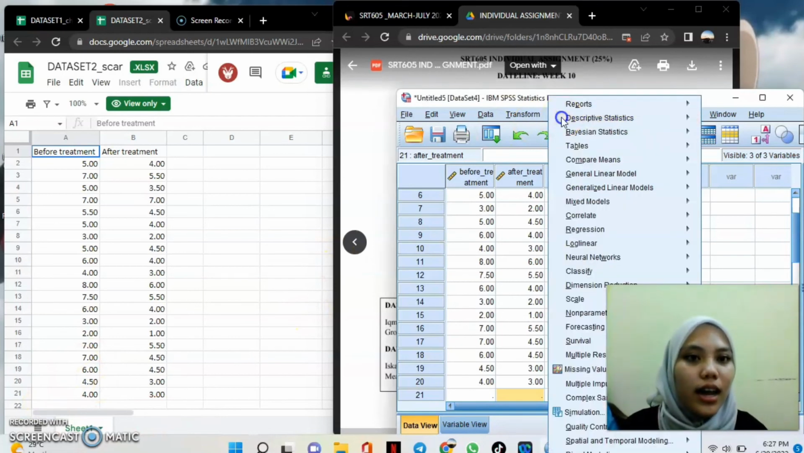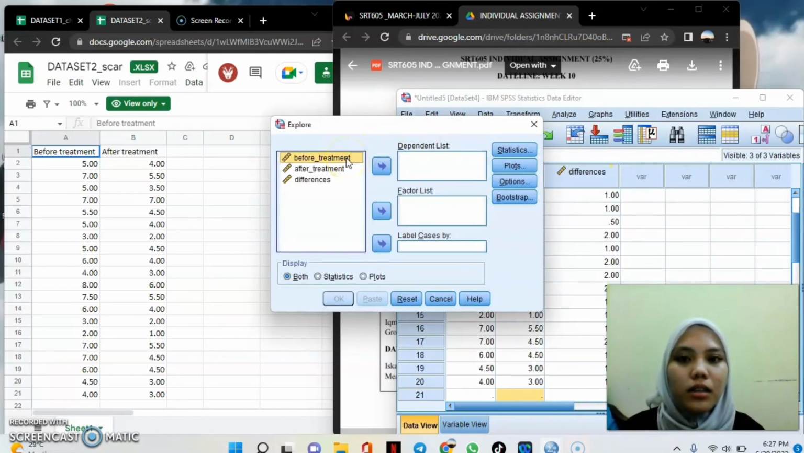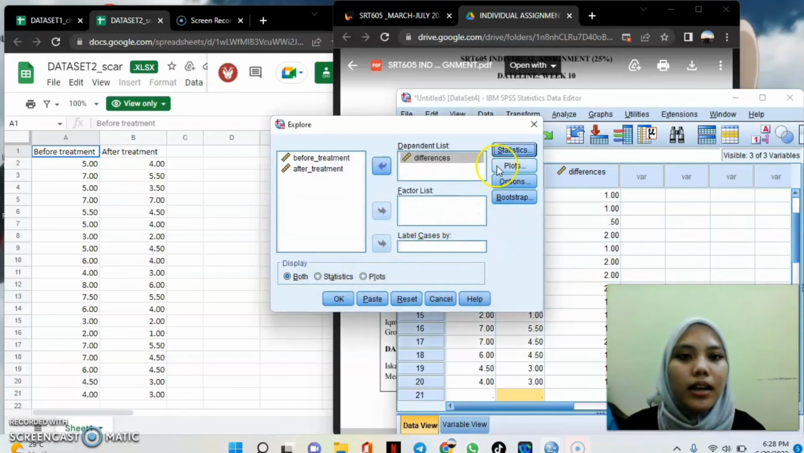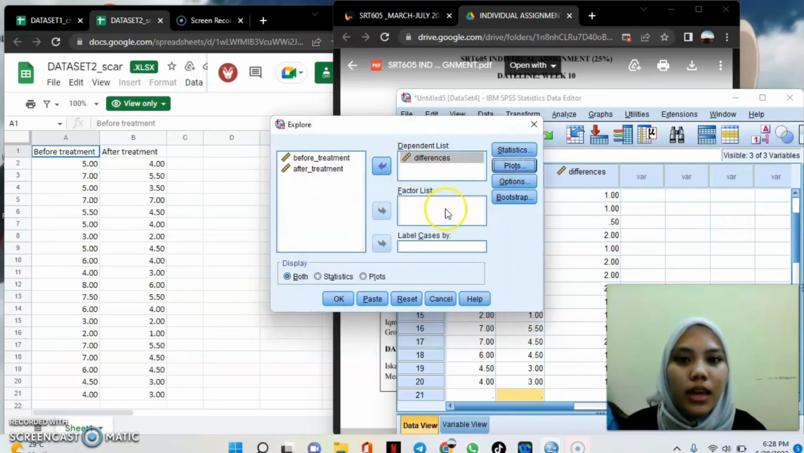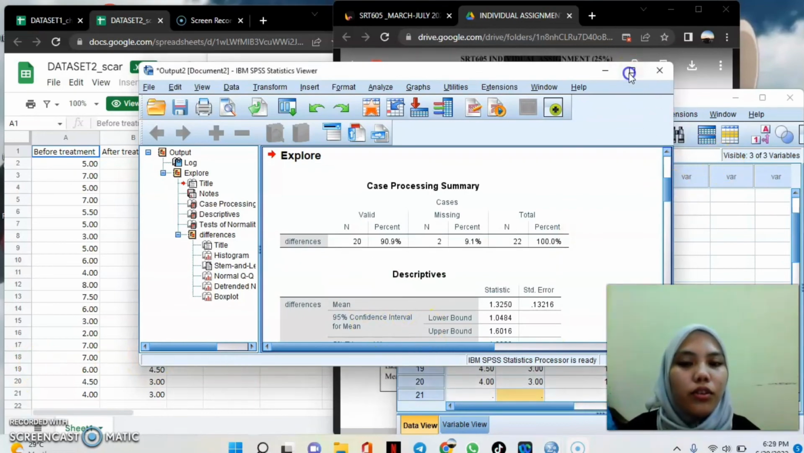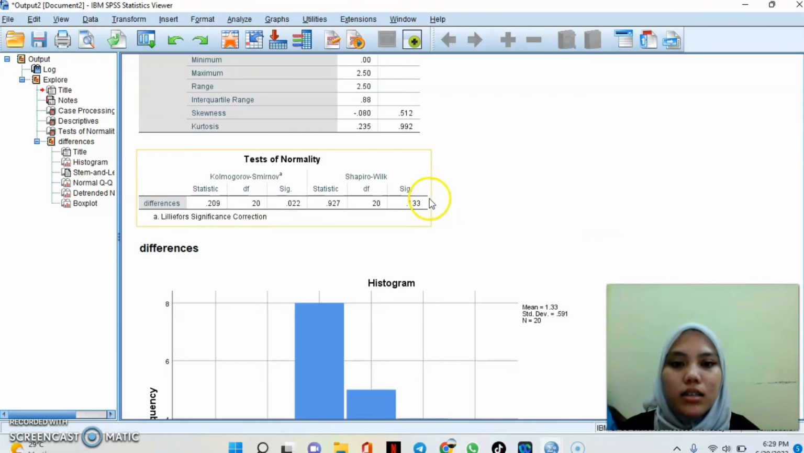And then we go to Analyze, Descriptive Statistics, Explore, and we put differences into the dependent list. In Statistics, the confidence interval we have to put 95%, continue, and then Plots: histogram and normality plots with tests, continue. And then Options and Bootstrap, we just ignore it and just okay. And then we're gonna go to the test of normality,